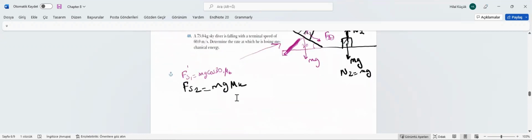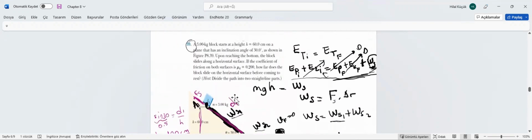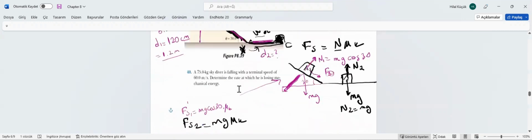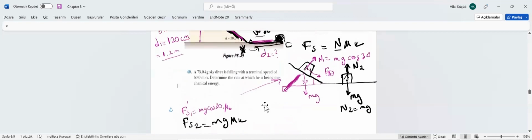It is asking for this. I can't find this part yet. I know the potential energy must equal all the friction work. Again, I will write here: the potential part must be the total work done by friction, which is W1 plus W2. I know mgh equals W1, sorry,